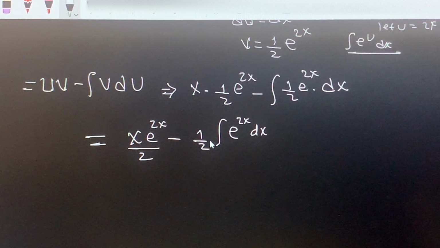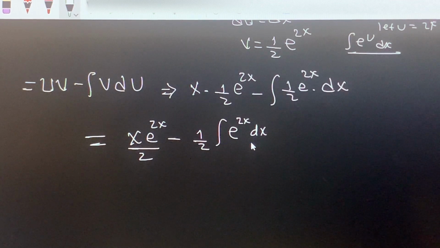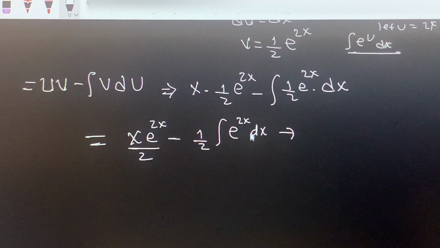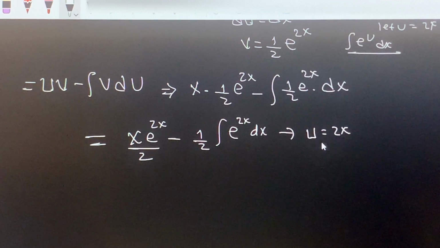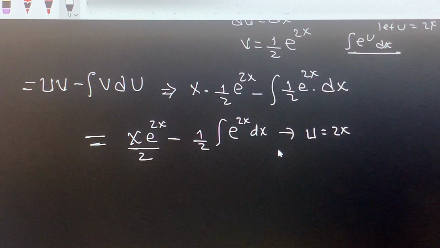I can integrate this one using this form. What is the integral of e to the power of 2x dx? So I can use a u substitution here. That's the only way I can integrate this one. So my u is equal to 2x,